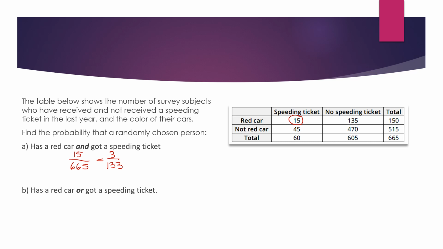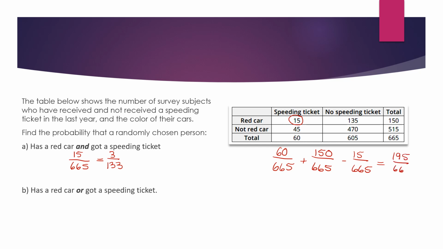For the next one, since we have a two-way table, there's 2 ways to do this, but we want a red car or a speeding ticket. So we can do the totals, and we have 60 out of 665 that have that speeding ticket, and we have 150 out of the 665 that have a red car, and we could subtract the 15 that we've just counted twice, that have a red car and a speeding ticket. So that is option 1, and that's going to give us 195